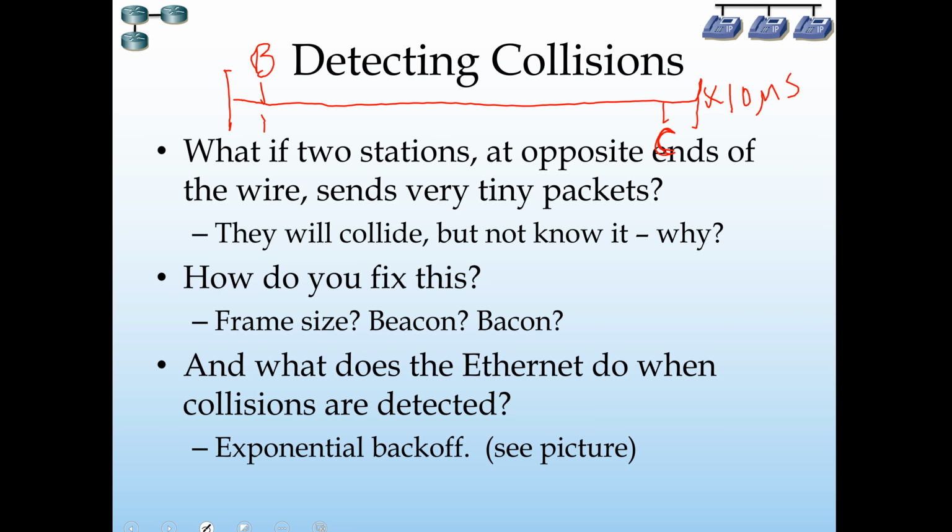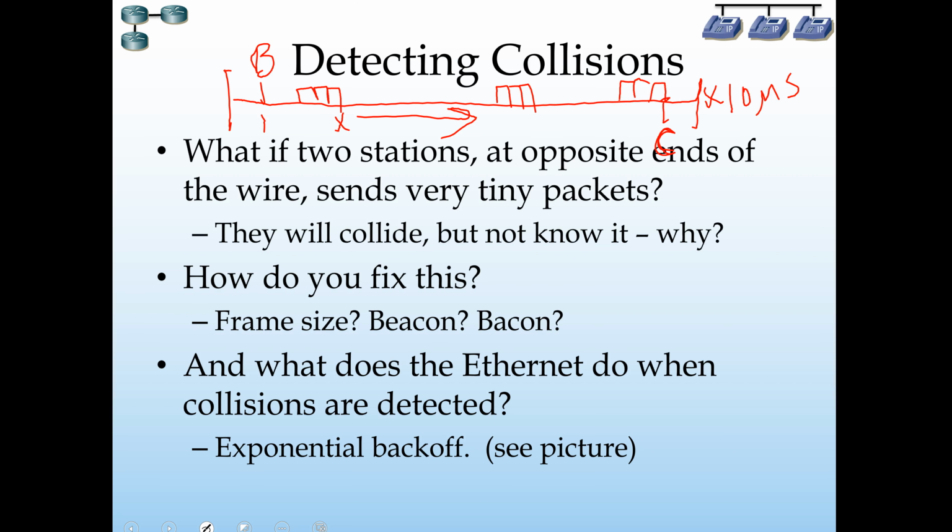Now, he can send 1 bit per microsecond. So he sends a 3-bit waveform down the wire. It takes him 3 microseconds to do that. And when he starts, it's time 0. And when he ends, it's time 3 microseconds. And here's where the first bit is. It's right there. It's traveling down the wire, but it hasn't stopped. A couple microseconds later, his 3-bit packet is here. And almost 10 microseconds later, his 3-bit packet is right here.